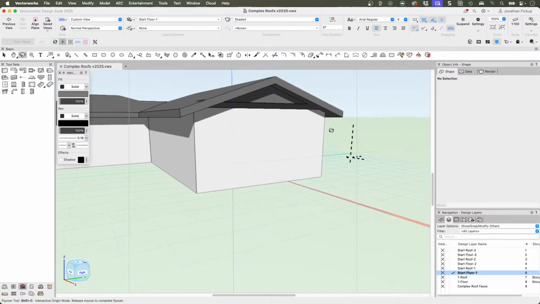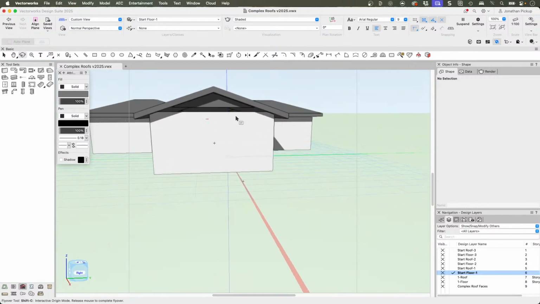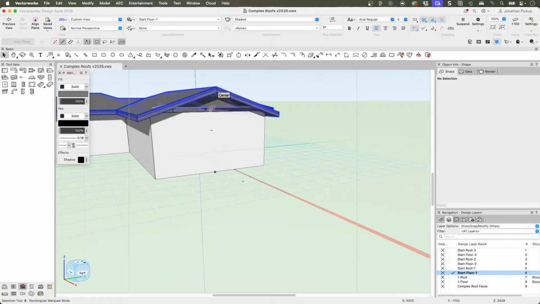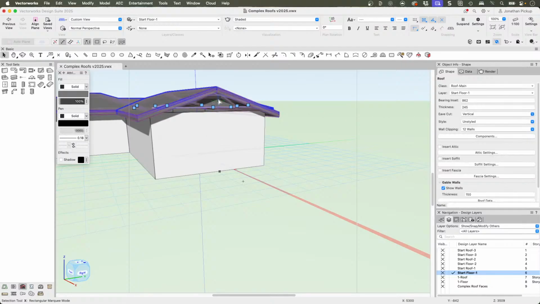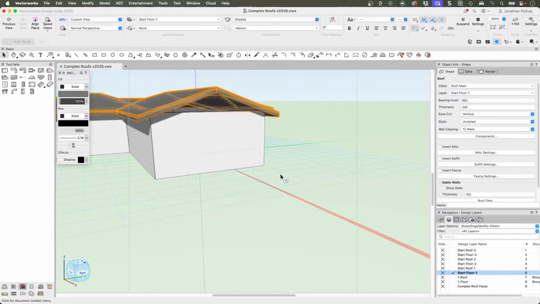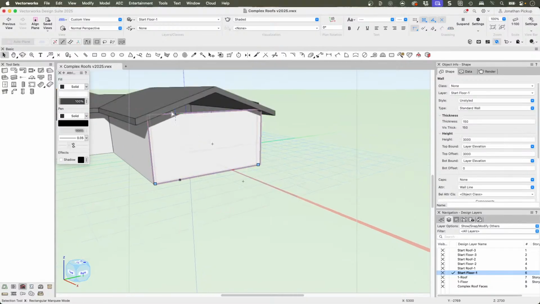And you can see Vectorworks has added a little wall for you. But the wall has a different texture to the wall below. So let's turn off the show wall. The other option we've got is to select this wall, go to AEC on the menu bar,